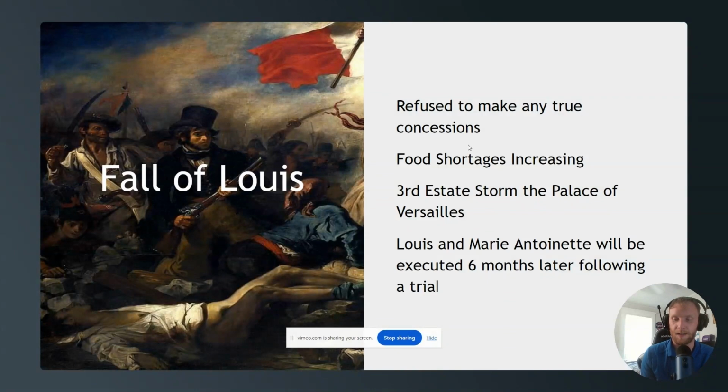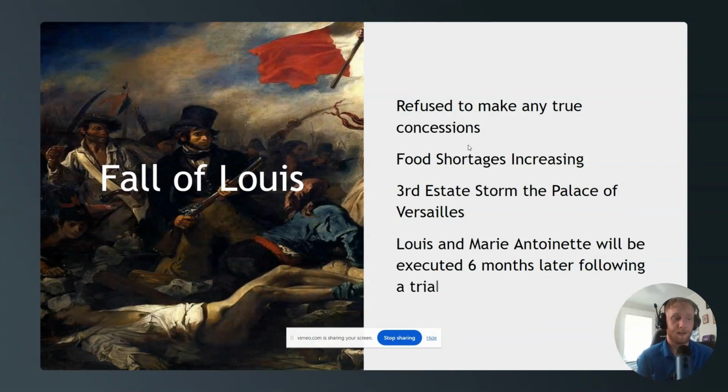So the Palace of Versailles is actually like 20 minutes outside of Paris. It's nice. It's like being in the suburbs, right? They bring them back into the city because they want them to see how bad the city is, how bad the capital of the country is, how poor people are, how much they stink, and make them aware of the problems.